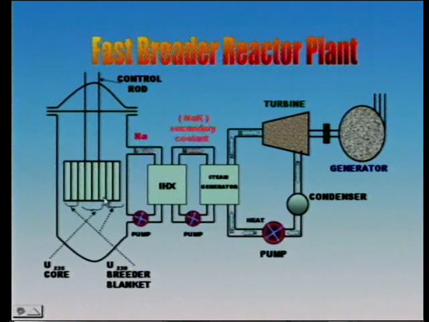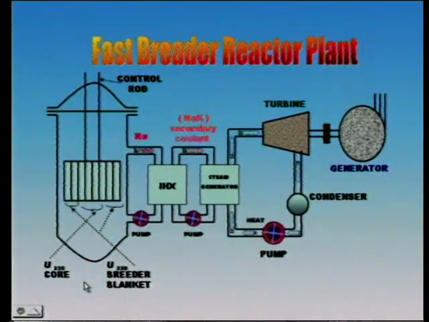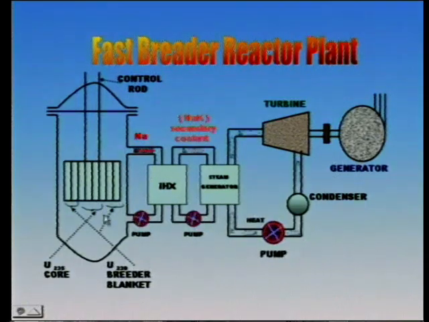This type of reactor is called a breeder reactor, because the neutrons are absorbed by U-238, which gets converted into thorium, into plutonium, which is used for various purposes, right. So, here we are breeding another nuclear fuel, isn't it? That is why it is called a breeder reactor plant. The primary coolant takes away the heat, flows through the heat exchanger. The secondary coolant takes